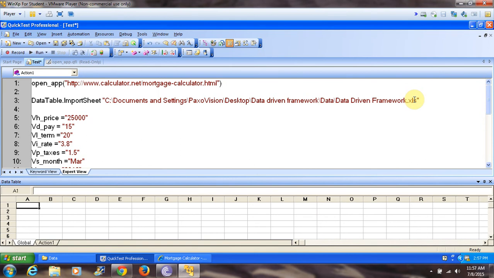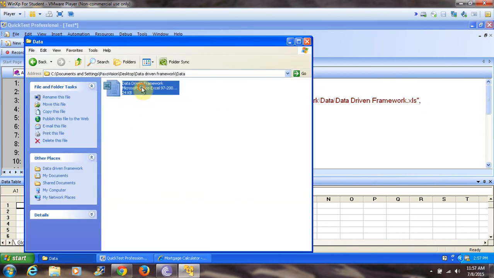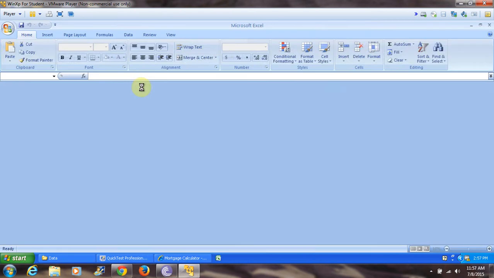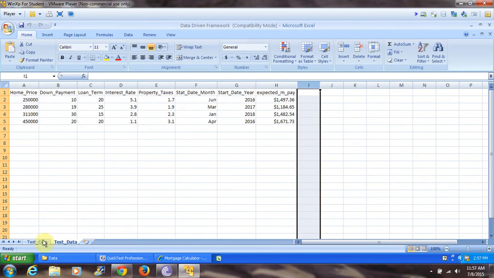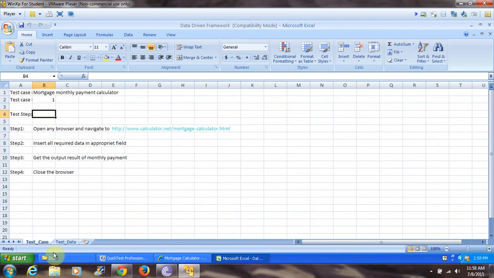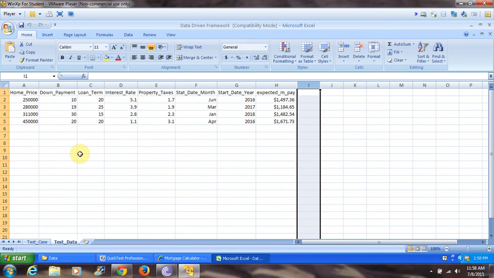After that, what am I gonna do? Comma. I know this Excel file has two sheets, right? One is the test case, one is the test data. But I don't need the test case. I need to import only the test data. So what's the number of the sheet? This is the second sheet, this is the first sheet. It could be multiple sheets. So now I need only the second sheet, right? So I have to give, after the comma,